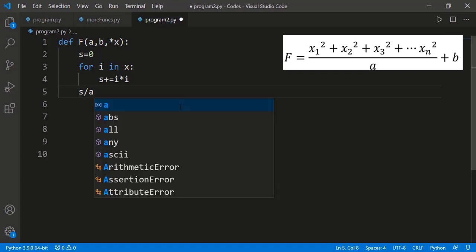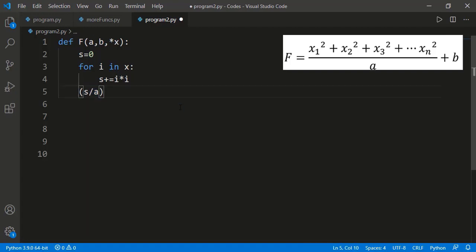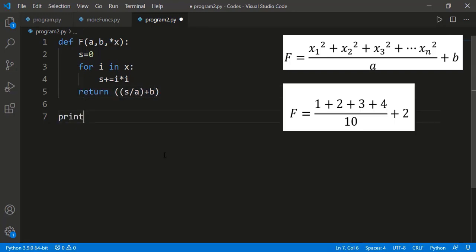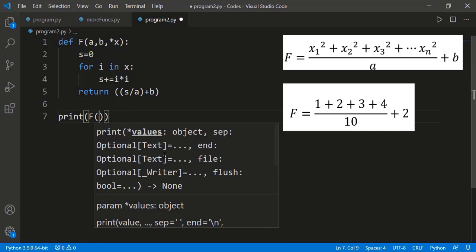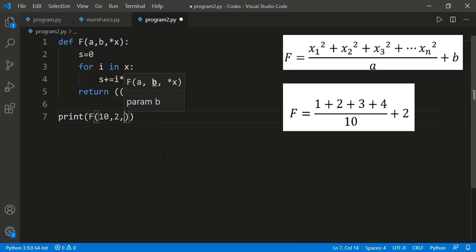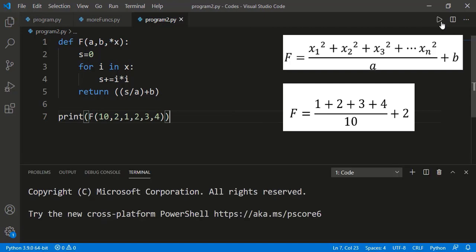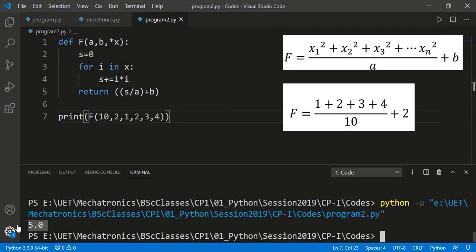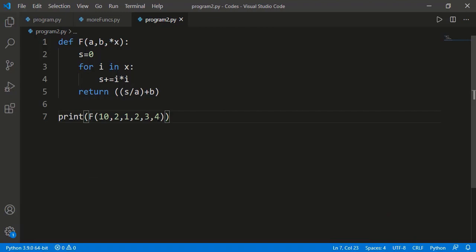Now I will divide the sum by a and will add b. Now for these values of the function variables, I should use the function like this. If there is one more x, I can simply add that here.